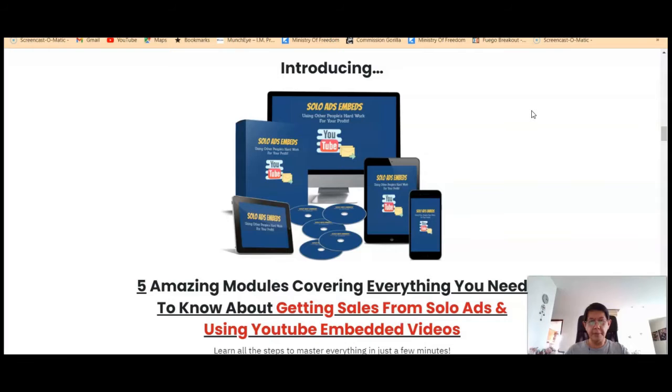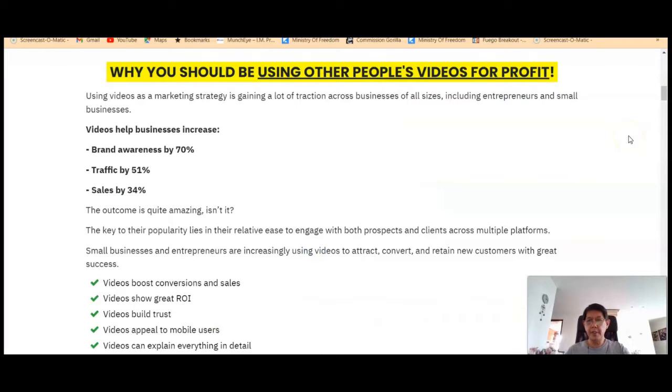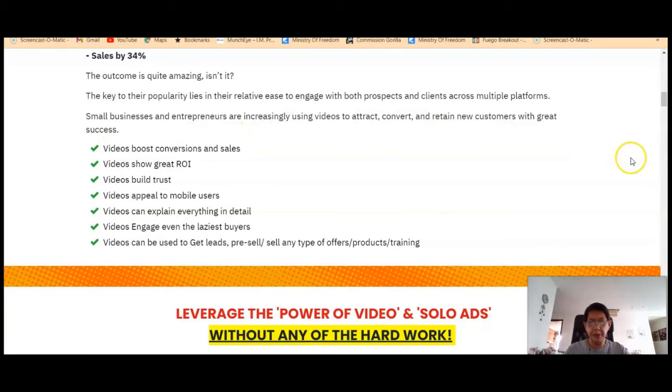What is Solo Ads Embeds all about? Solo Ads Embeds is a strategy which uses other people's videos to make profits. Video helps businesses increase brand awareness by 70%, traffic by 51%, sales by 34%. The outcome is amazing. The key to the popularity lies in their relative ease to engage with both prospects and clients across multiple platforms. Small businesses and entrepreneurs are increasingly using videos to attract, convert, and retain new customers with great